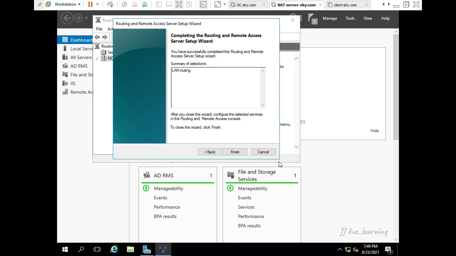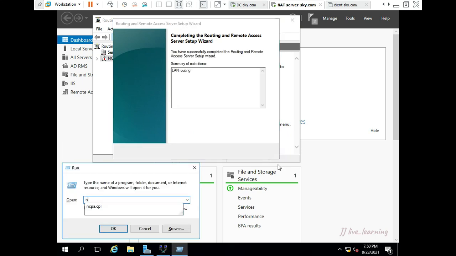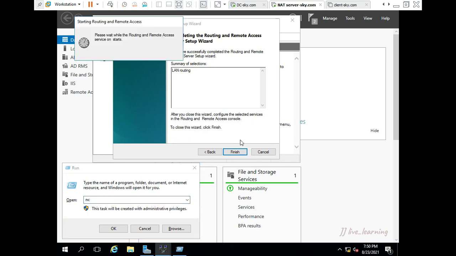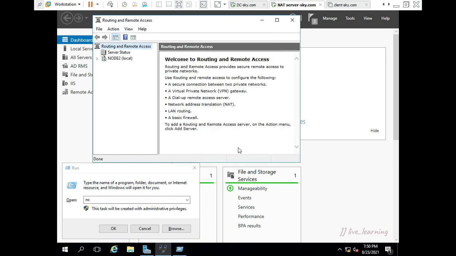So the default routing protocol will be configured on the system. It is used to communicate between different networks. So if you do not configure the NAT, what will happen? That only we are going to see now. After seeing the output, we are going to configure the NAT service on your local server.